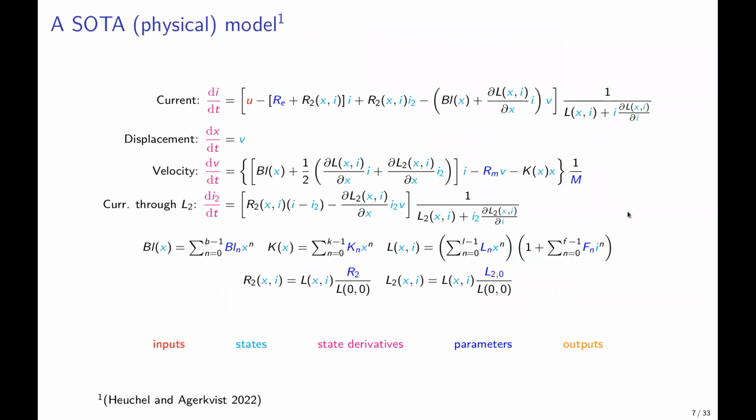So in practice, then you come up with some complex system of differential equations, and you maybe have seen this slide before, but this is just to illustrate what kind of systems we deal with. So it's always a system of coupled differential equations where we have, for example, an equation that models the evolvement of current over time. So here, current, of the displacement, of the velocity. And then if you make the models more complex, you can also have some additional internal states which you cannot measure. For example, here,